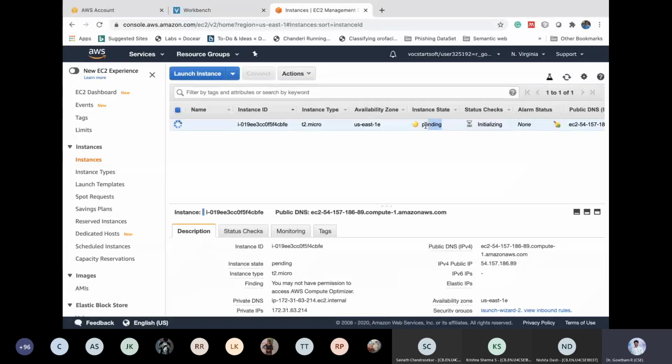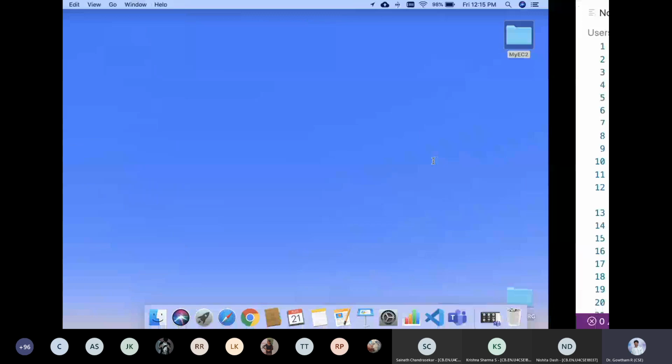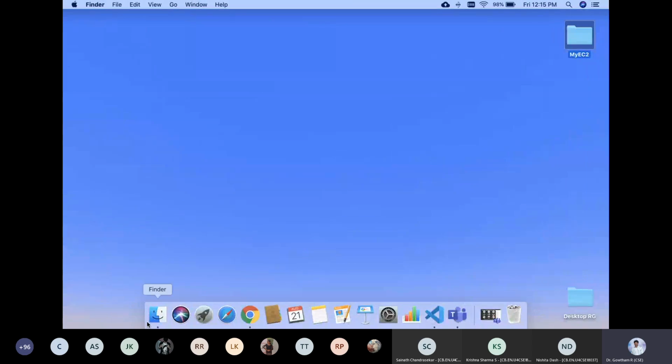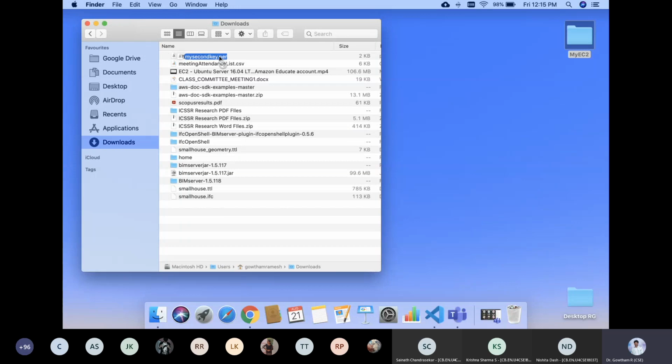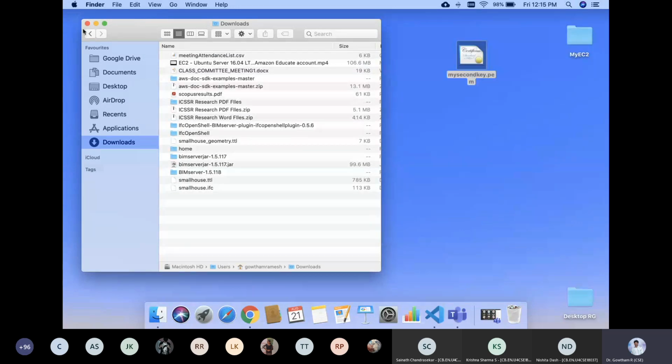Please wait until the state of the instance becomes running. Meanwhile, I would like to move the key which we have downloaded into the directory where I have my Node.js and HTML programs. It will simplify my work. Currently the key I have downloaded is in my downloads.